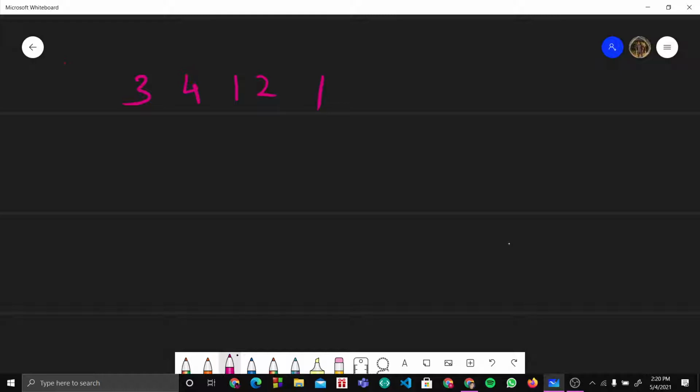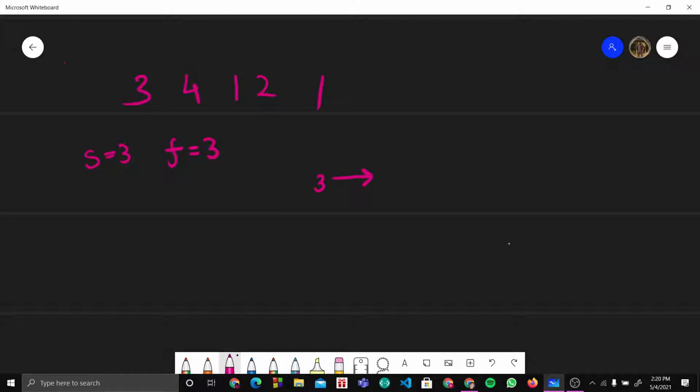Now my slow pointer will have the value of a of 0, that is 3, and my fast pointer will have the value of a of 0, that is 3. In the first step to find the collision, while my s is not equal to f, how will I be moving my s? So this is my 3.